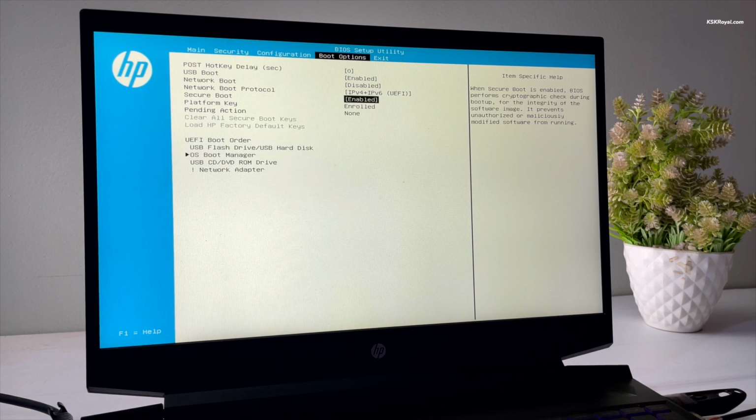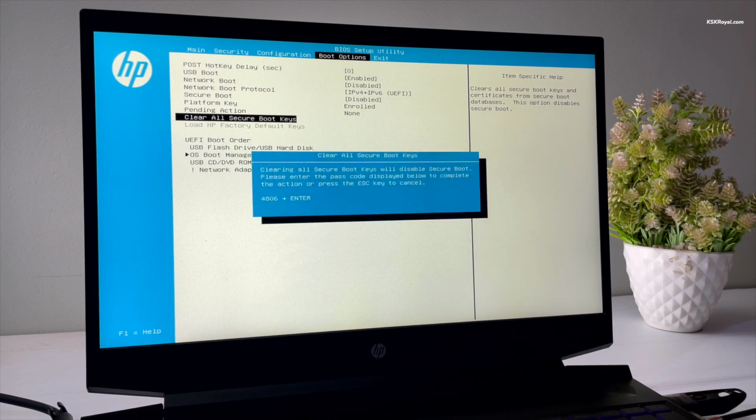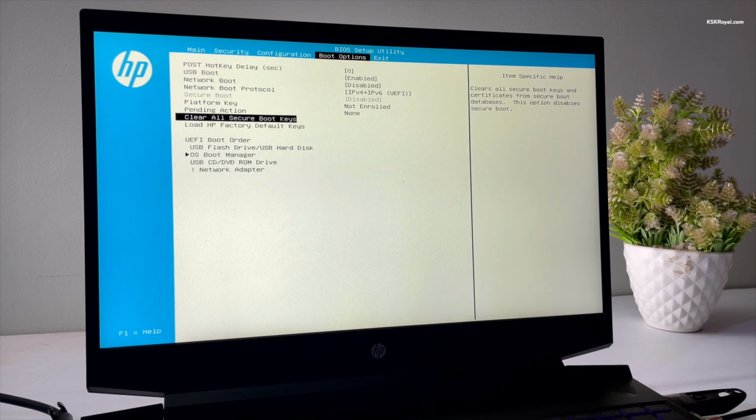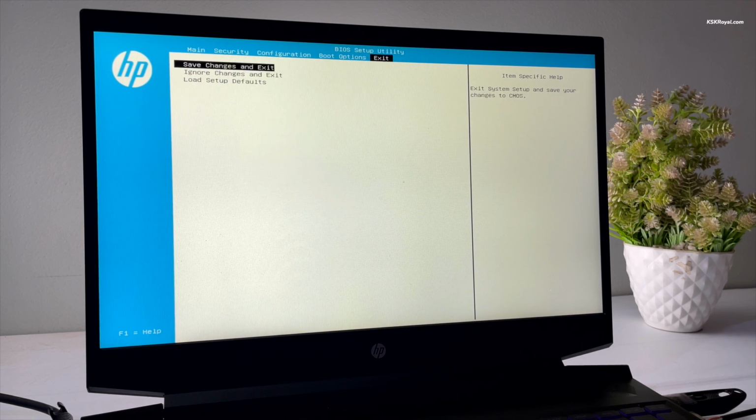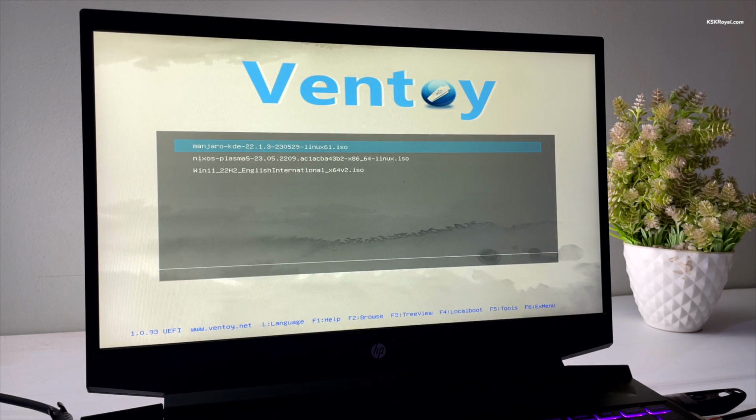Go ahead and disable secure boot, which is very important, otherwise NixOS won't boot. If you have any option like Microsoft's third-party UEFI, just go ahead and enable it. It's also better to clear any keys or certificates after disabling secure boot. Now once it is done, save the changes. Now our system will boot into NixOS from the USB drive. In case it fails to boot, use the boot menu to load the NixOS install media.